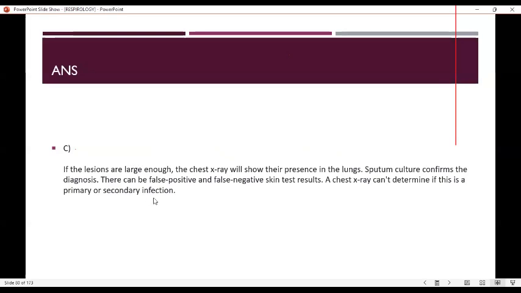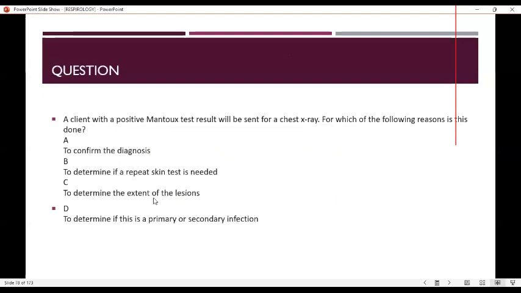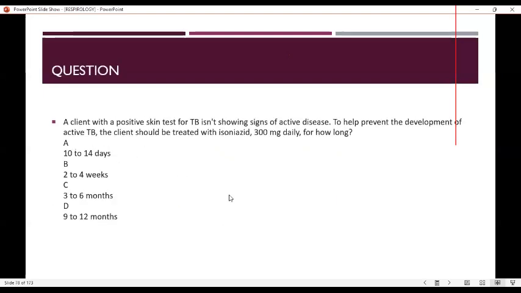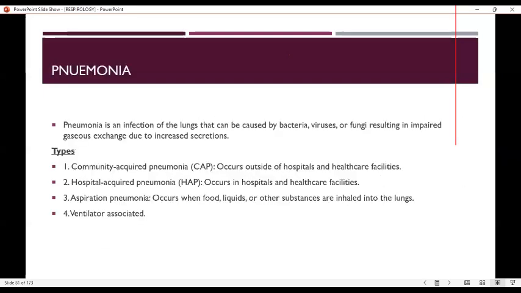So you are doing the X-ray not necessarily to confirm, but to see the extent of the lesions in the lungs. Okay, that is the reason why. All right, so this brings us to the end